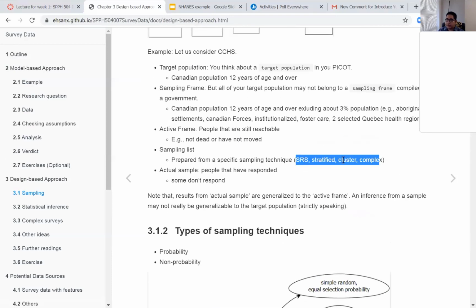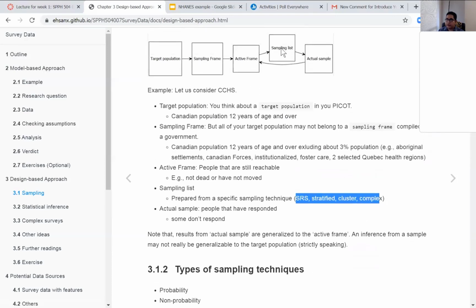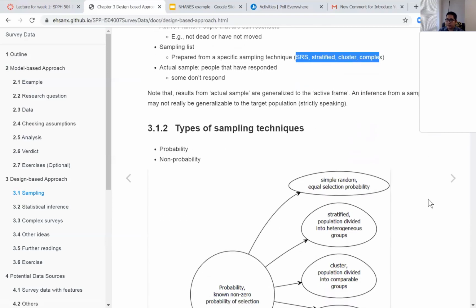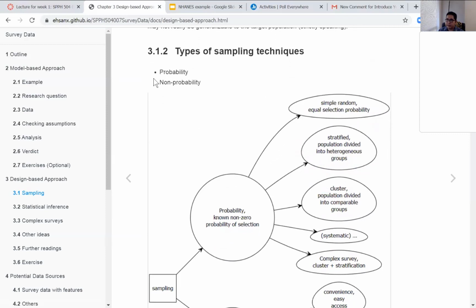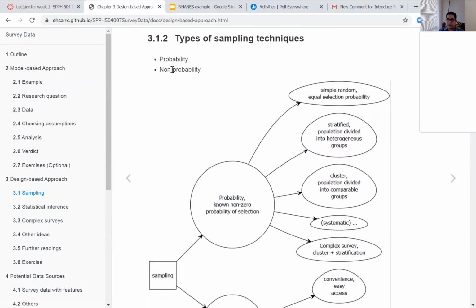So in here, I talked about some of the sampling based on which you prepare your sampling list, right? So what are those sampling techniques that you can use? In general, there are two different types of sampling technique. One is the probability sampling and one is the non-probability sampling. The non-probability sampling is based only on convenience. Say, for example, you are in a mall and you are trying to collect some information. You just ask around and some people answer your question or not. And that is based on